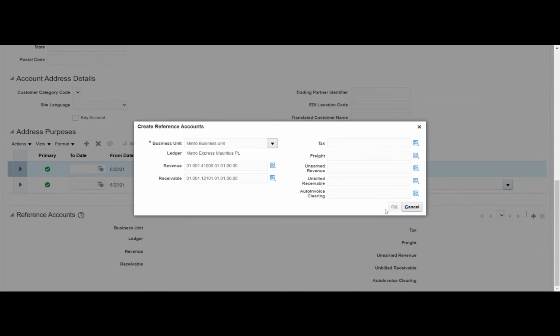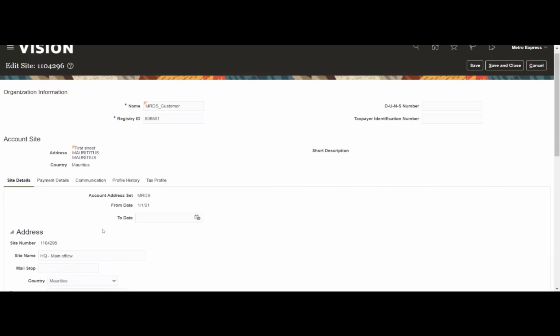And apart from that, we will need a few accounts in terms of receipt, that is the receipt confirmation and the other things. Those accounts we have given already in the receipt method setup. If you remember, we gave the unearned revenue, all those things. So it will pick from there. We will see what accounting entries are generated and from where exactly those accounts are picked up. For now, it understands that the account for invoicing, that is receivable and revenue, is picked from either the customer site or transaction type, or it is a constant value, or from the salesperson. Okay. Yeah, let me save this.